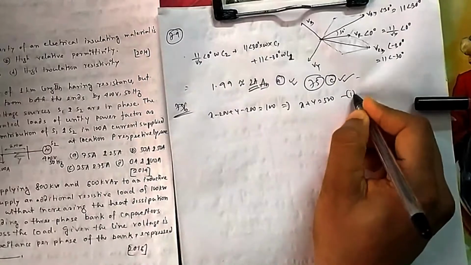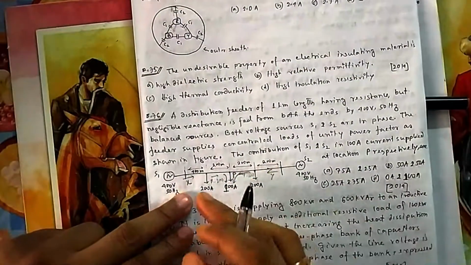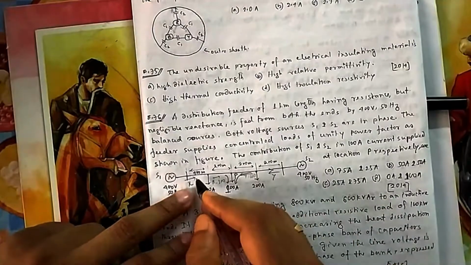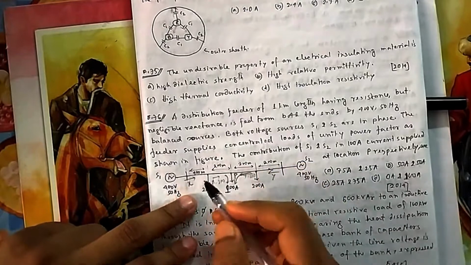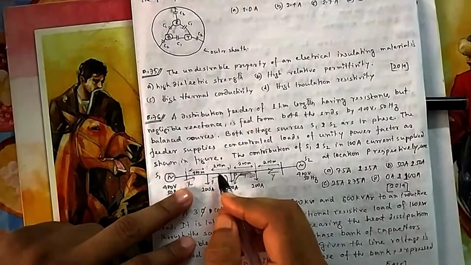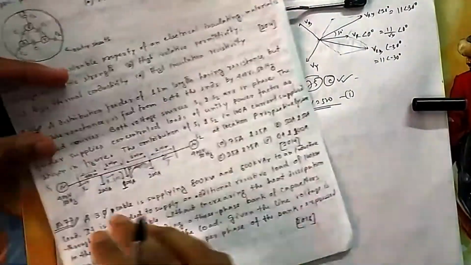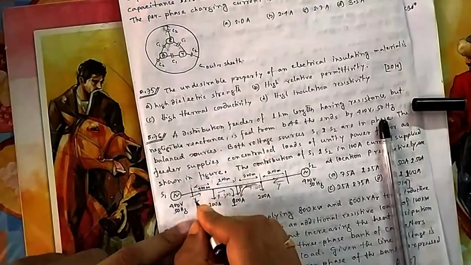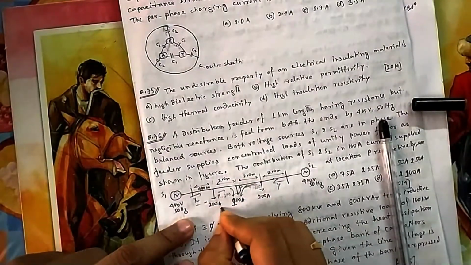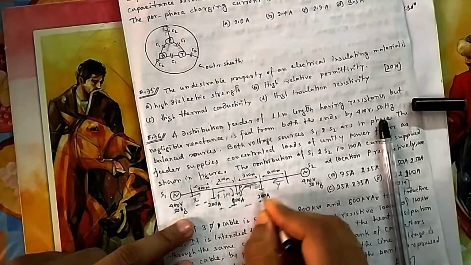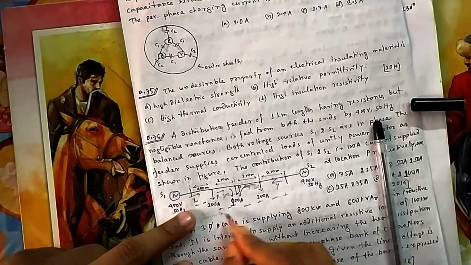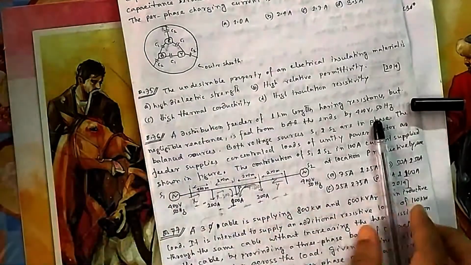This is equation 1. And in the second case, the drops. If you take per unit resistance as R, suppose per meter, then for 400 meter it is 400 R, and for 200 meter it is 200 R. So you can consider it in that way. Let me take first these drops, so you can now mark these drops. If I consider my X and Y in this way, these drops will be plus and minus, because current is coming from this side. So moving from here to here, this will be positive, then negative.